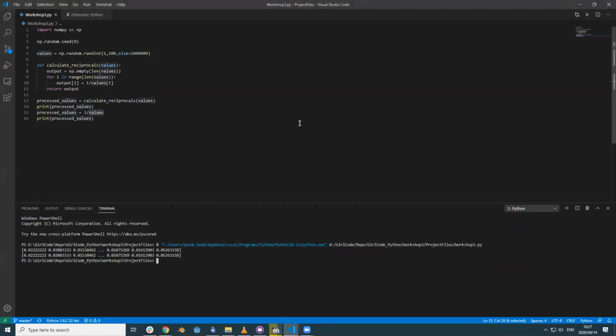So let's put in a little bit of code that allows us to see how long these things take to process. We're going to be timing this calculate reciprocals function as well as 1 divided by values, which is our Numpy division. We're going to be timing which one takes the longest. And the way we go about that is there's